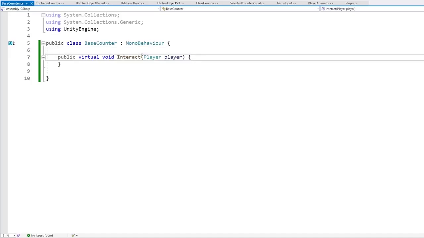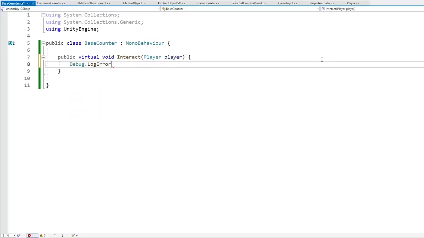For the implementation, let's leave it empty over here on the base counter. So by default, it's not going to do anything. In the game design that we're building, we're never actually going to end up with anything like this. So if we want for safety, we can just add a Debug.LogError to say just BaseCounter.Interact, because this